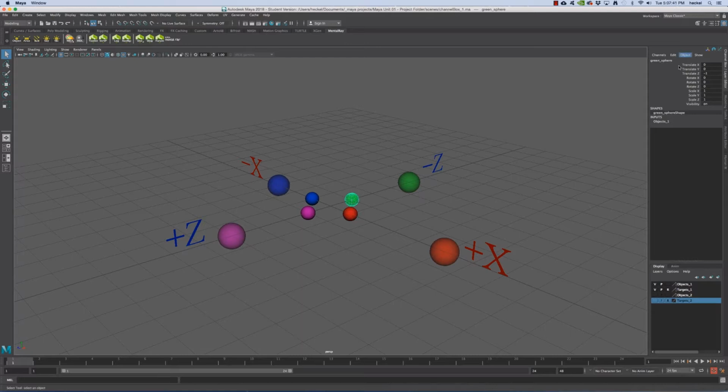I can see over here in the channel box the name has changed because I've selected a different sphere in my scene. I'll click on the blue sphere. You can watch the name change right here. Same with the purple sphere. Let's go back to the red sphere and take a look at some of the channels that we are